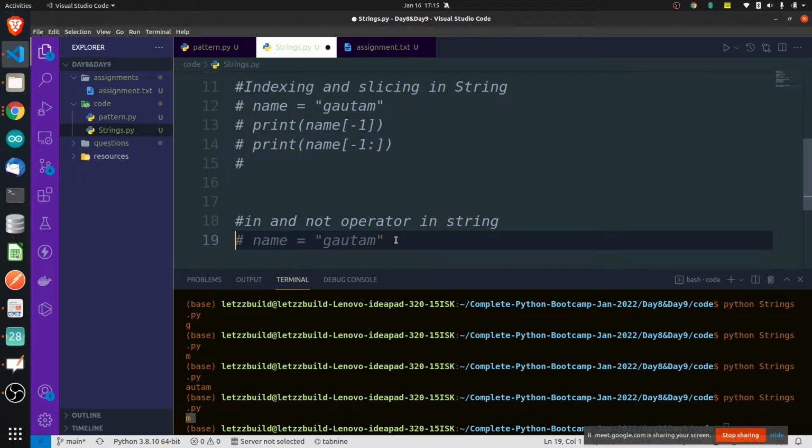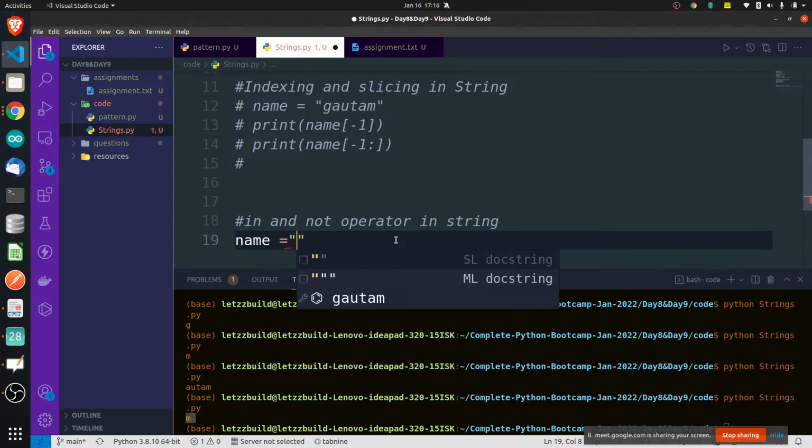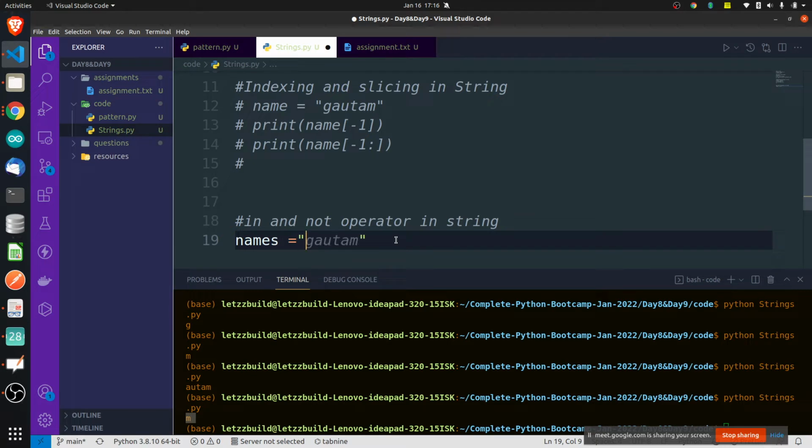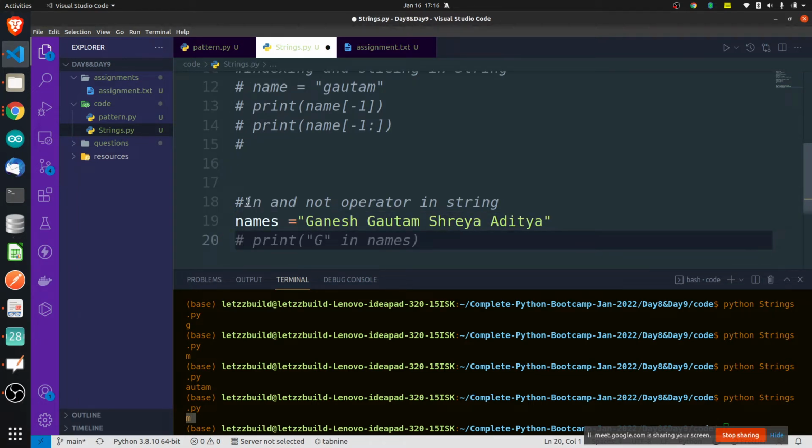For example, let's say I have a variable named names, and let's say I have names like Ganesh, Gautam, Shreya, then Aditya. Fine, this many names are there. You want to check whether a name is there in this string or not. That time you can use the in and not operators, to check whether something is there inside something or not.